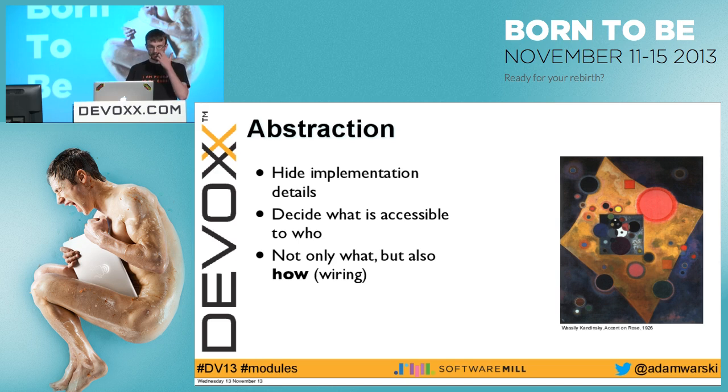Also, another possibility that we have here is to hide not only the details of what can be accessed, but how. So, for example, in a Guice module, right, we also define how the objects are wired together. So, in a Guice module, we have some more information apart from which interfaces are implemented by which classes. We also have some information on how these classes should be used together, at least in a default setting, right? So there's also some information which we may want to abstract from our clients.